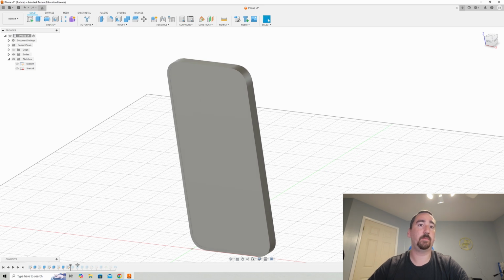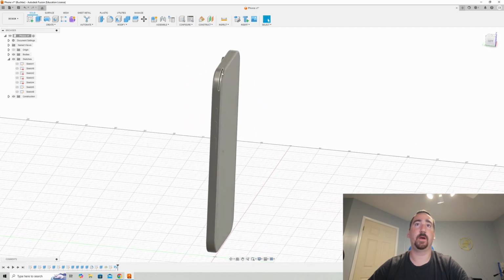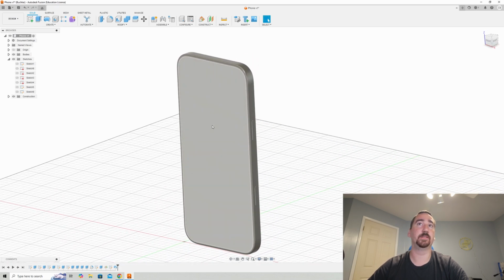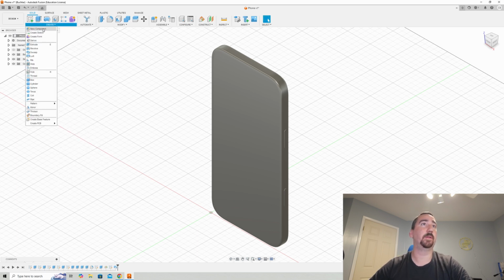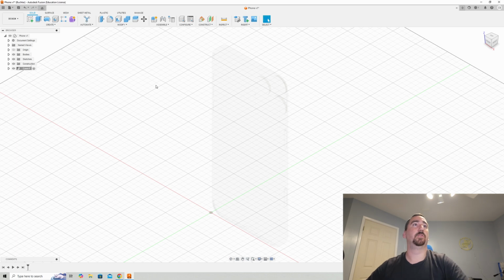Now I'm going to re-bring my timeline all the way back. Okay, now we have our iPhone model again, but we have the screen section here, so we know where the screen is. Okay, the next thing we want to do, I'm going to create a new component, and I'm going to make this component the case. Right now, the main component of the project is the phone. So we are now making a case,